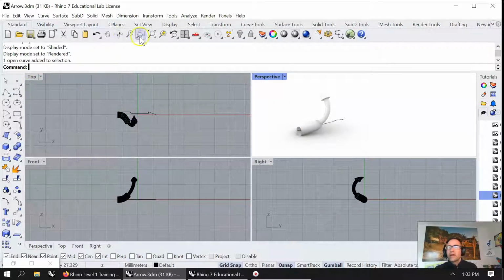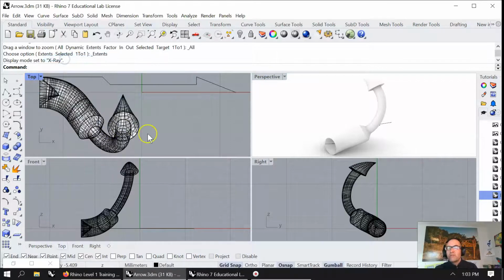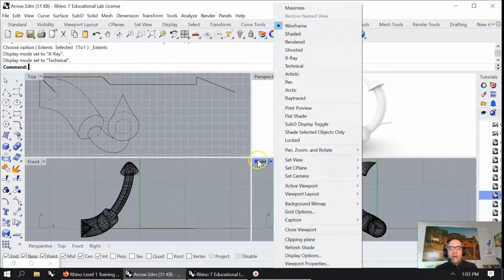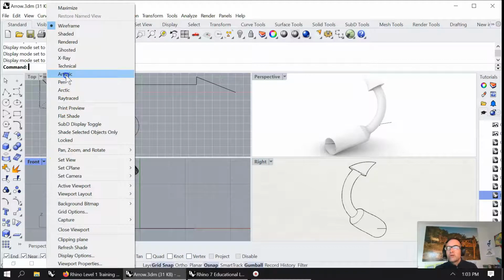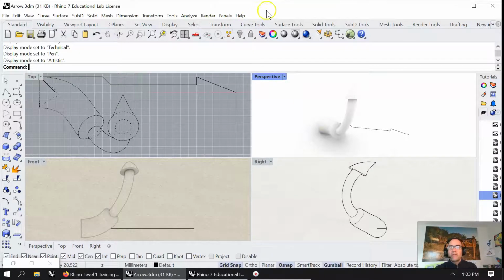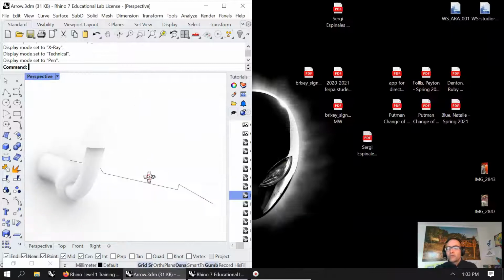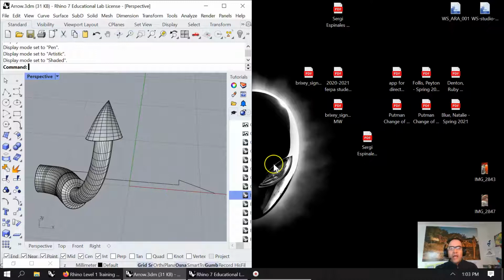I'm going to do zoom extents all. I'm going to go into here and grab my X-ray view. Actually, maybe not X-ray, technical view. I'm going to grab my pen view. I'm going to grab my artistic view. And with that, you've got something for experimenting and playfulness that's kind of fun. What I'm going to do is slam it over here, go back into this full view with that object, take it back into shaded, and we're going to play around a little bit with our awesome